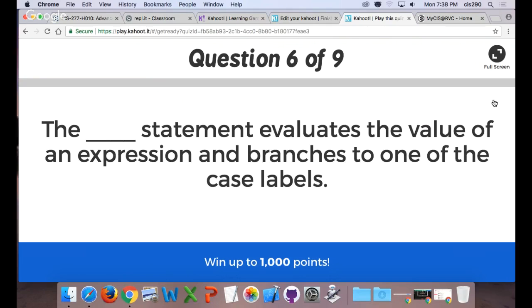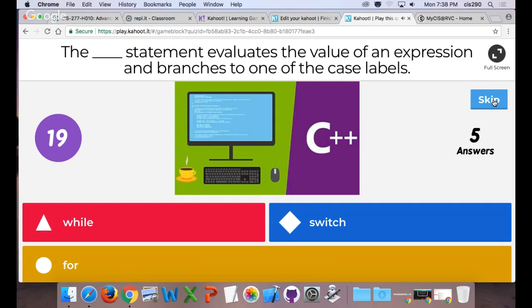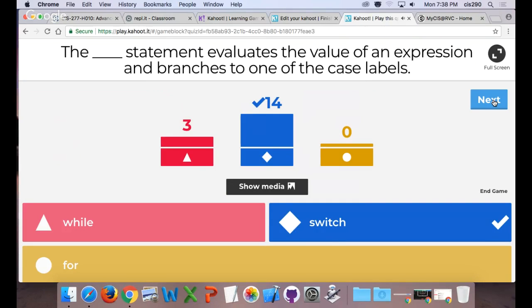All right. The blank statement evaluates the value of an expression and branches to one of the case labels. While, switch, for. Switch statement is correct. And remember, with a switch statement, you have multiple different branches you can hit amongst the logic.